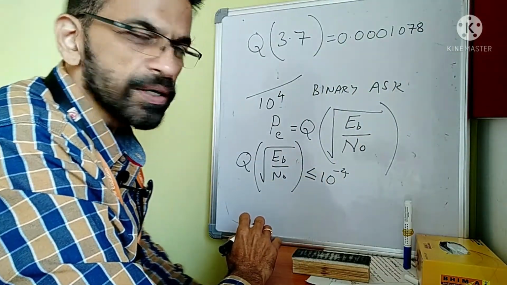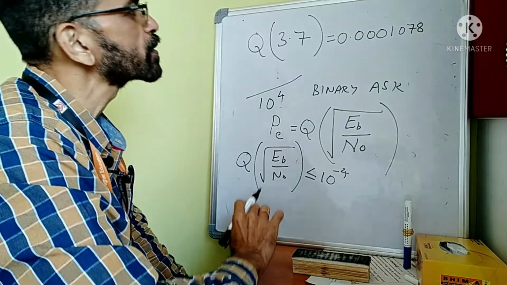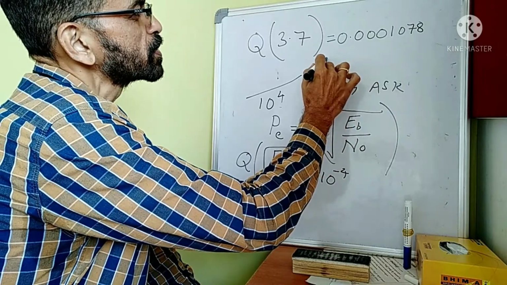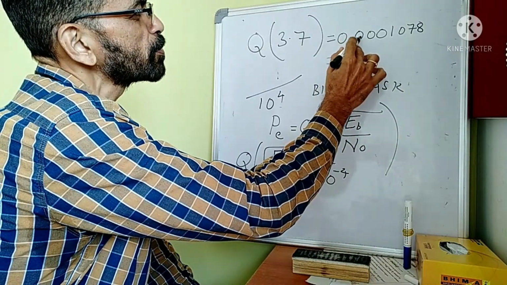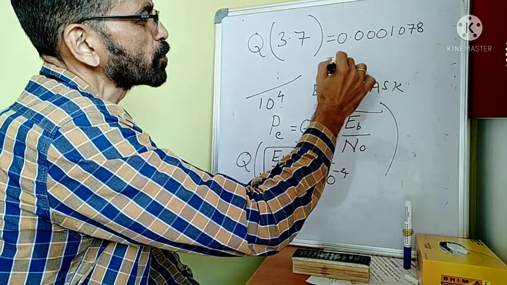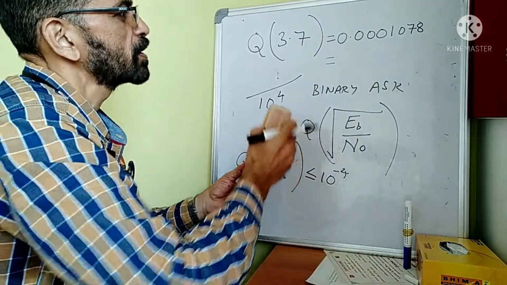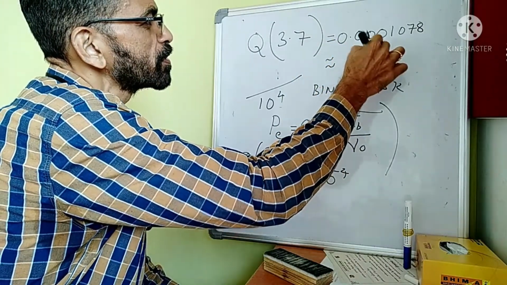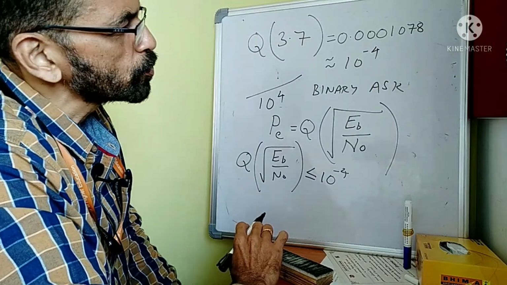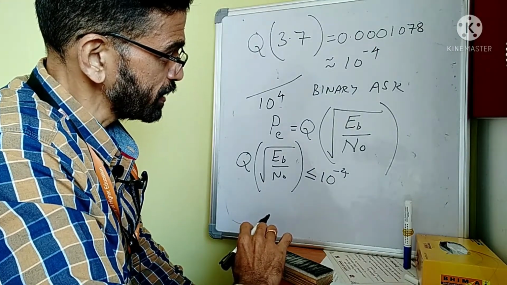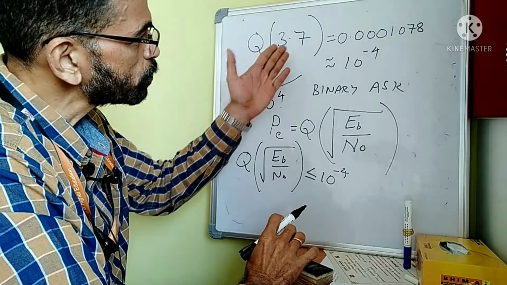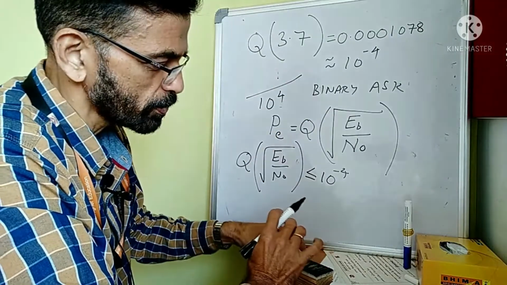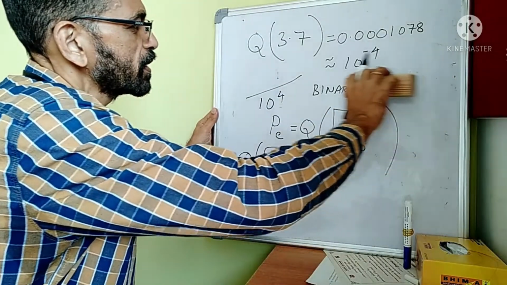This is the value of Q of 3.7. You can see from the table, and since it is 10 power minus 1, 10 power minus 2, 10 power minus 3, 10 power minus 4, we can say that this is approximately 10 power minus 4. So once we see that Q of 3.7 gives 10 power minus 4,